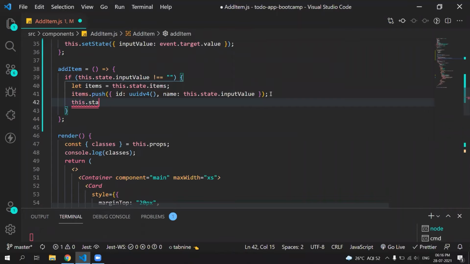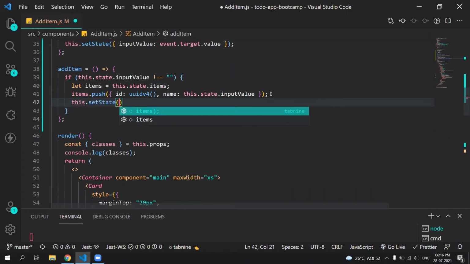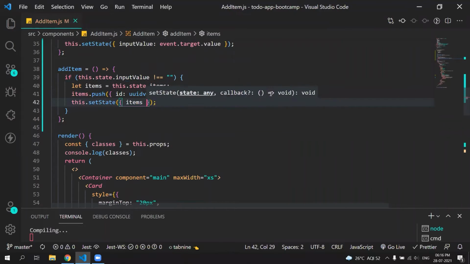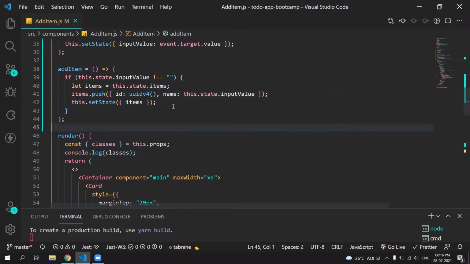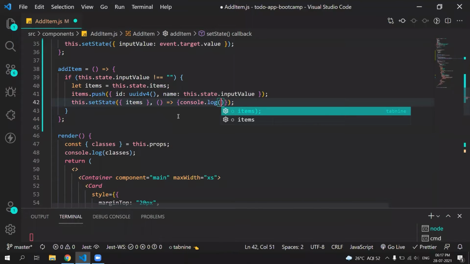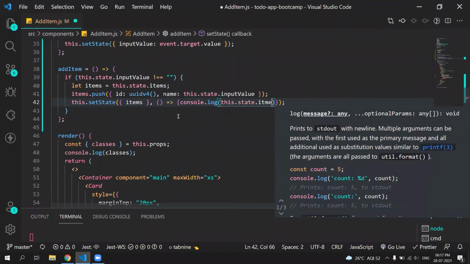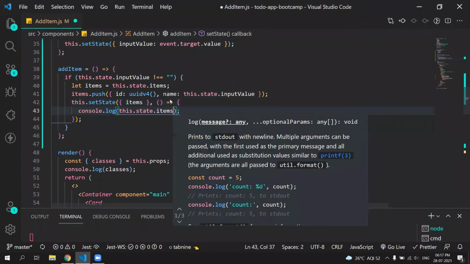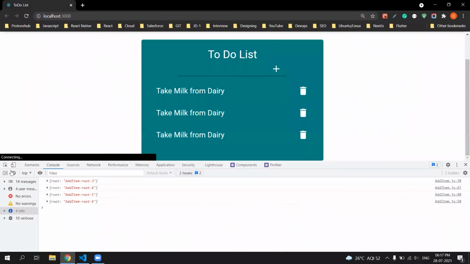this.setState items. Now let's console log it as well so that we can see if it is working fine. this.state.items.